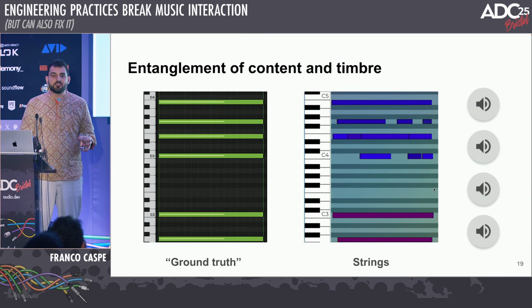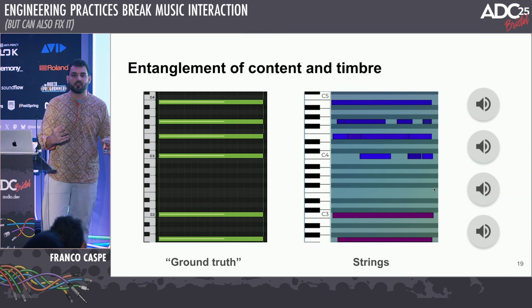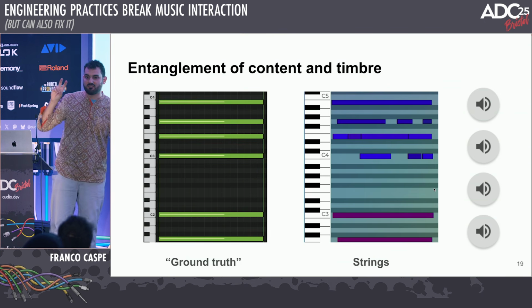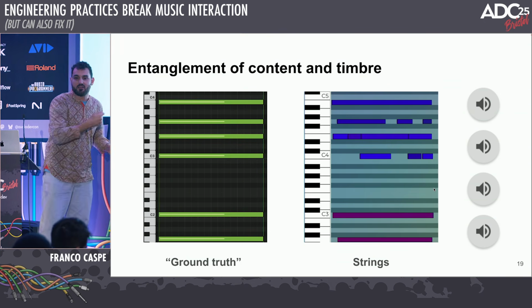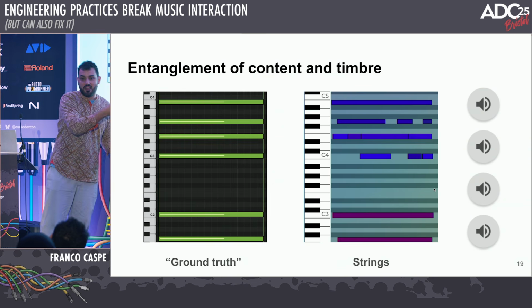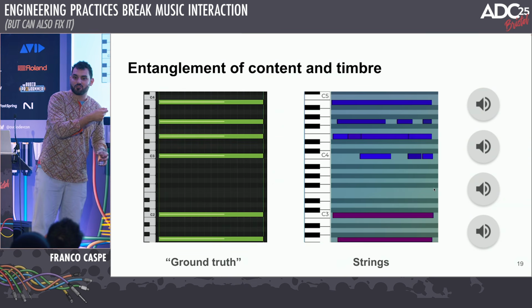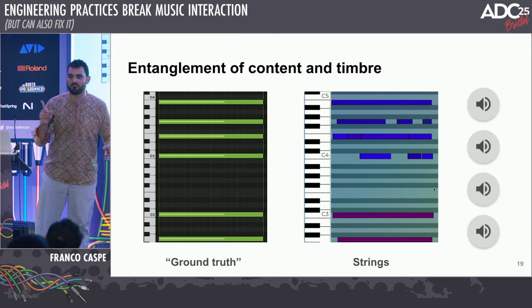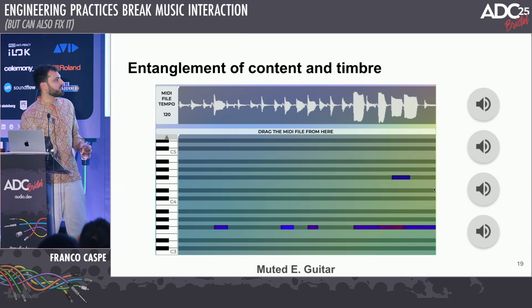So this really shows that there is no ground truth here. This is entangled. This kind of ground truth that we're trying to extract is actually entangled with timbre. That's why with different timbre, what you get is a different measurement, even though what you're trying to extract is content that we believe is separated from timbre. It is not. Let's take a look at another example here.